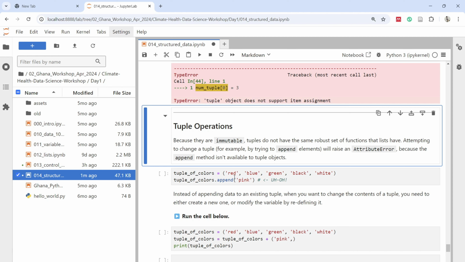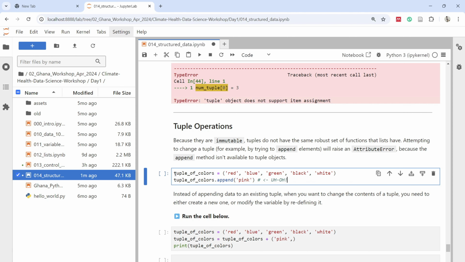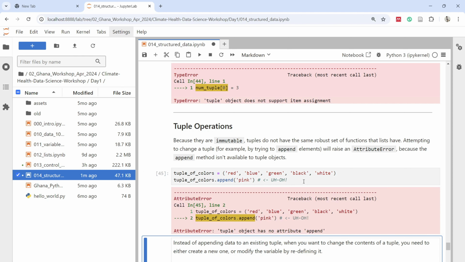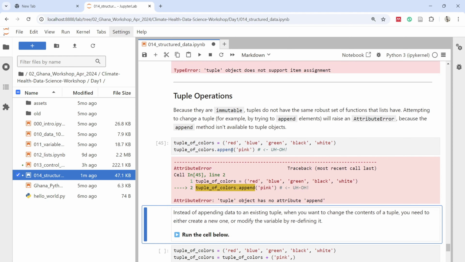If you are trying to change a tuple, for example, if you're trying to append an element, this will also raise an attribute error. So here, if we create a tuple of colors and we use the append function to append pink,